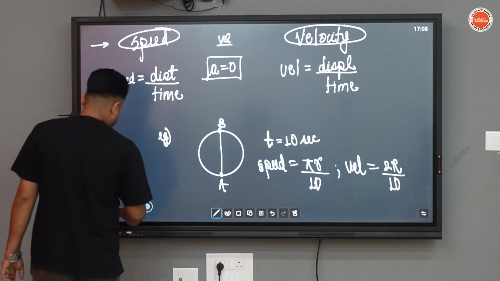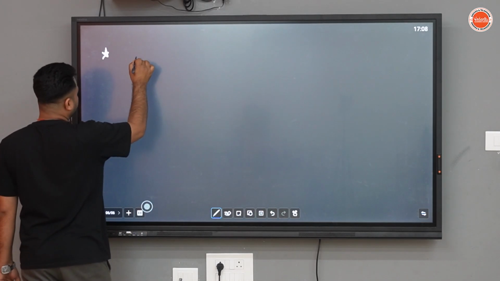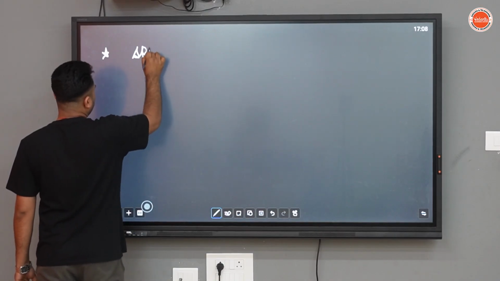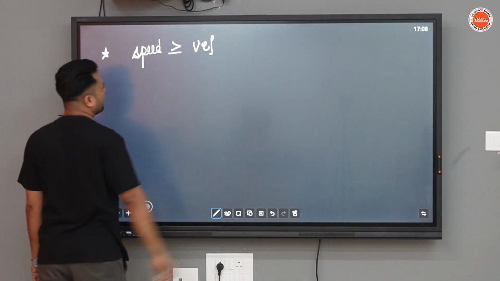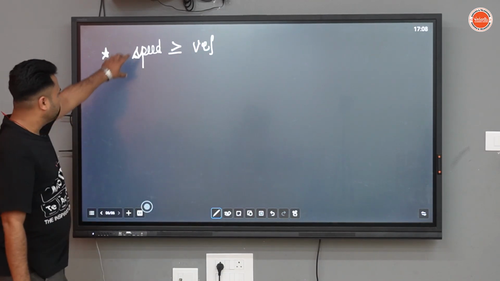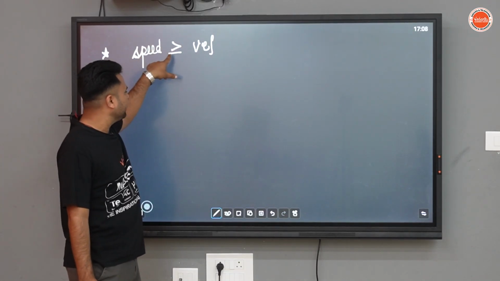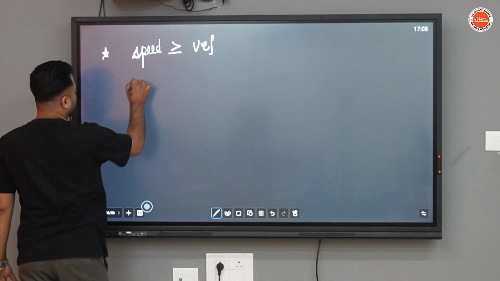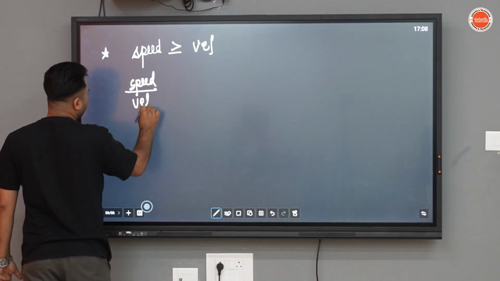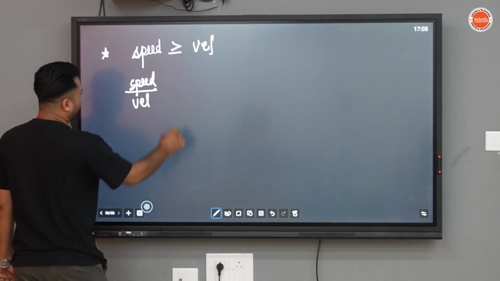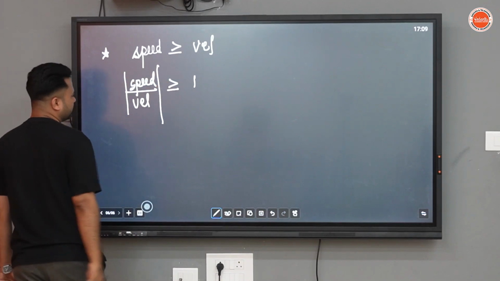Now again you remember one point. Like distance and displacement, here also speed will always be greater than or equal to velocity. Speed involves distance, this involves displacement. That's why speed will always be greater than or equal to velocity. Now if I put velocity here, speed by velocity will always be greater than or equal to 1. Magnitude, in fact, if I write magnitude,